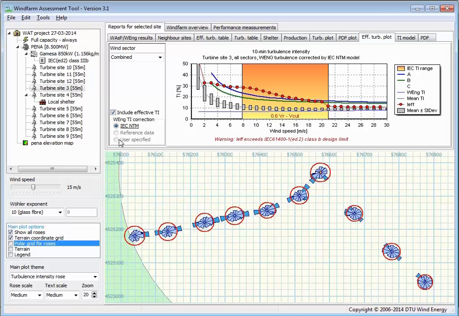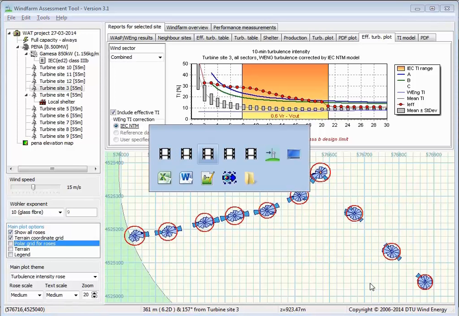And the way that this is done in WAT is that you combine the estimates of WAsP Engineering with your measurements at one mast, and then you can see what the difference speed-up by the terrain at the turbine sites is, and then make a correction based on both model and observation. So let's go to WAsP Engineering.